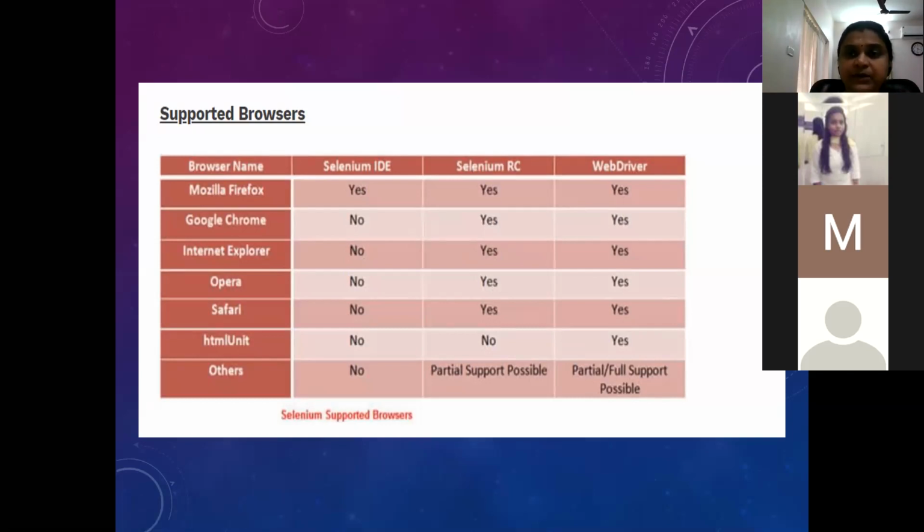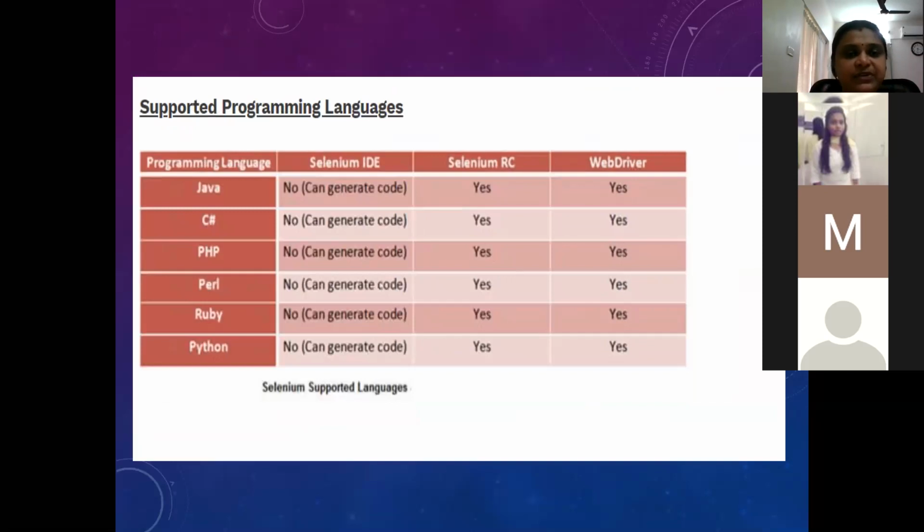I'll be using the Chrome browser. I have installed only a Chrome driver for the demo today. Remember, if you want to use a different browser, that relevant driver has to be installed. You can go to the WebDriver component of it. If it is Chrome, see the version of Chrome that is installed on your machine, get the relevant driver, download it, and use that driver. So here are the different browsers and different languages. We'll take Java and the Chrome browser.